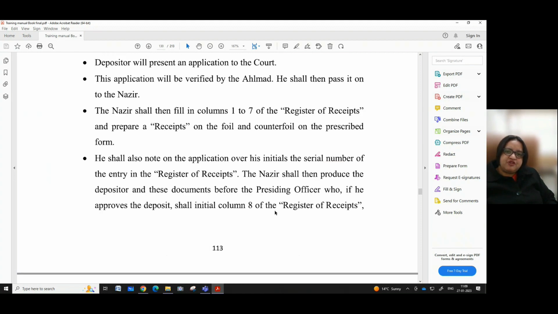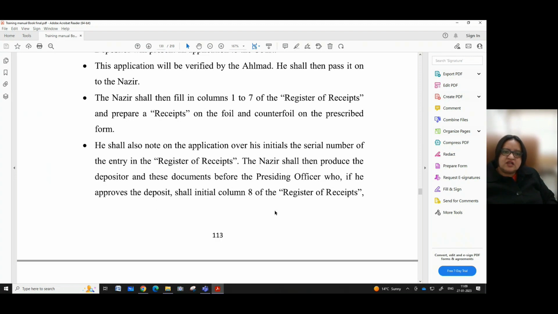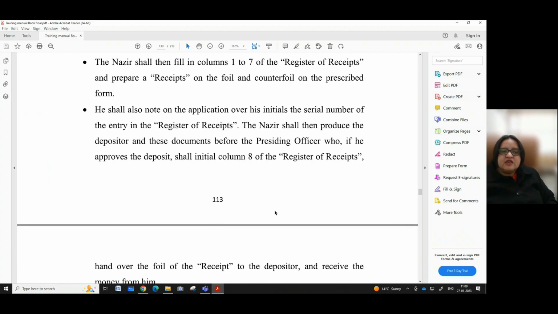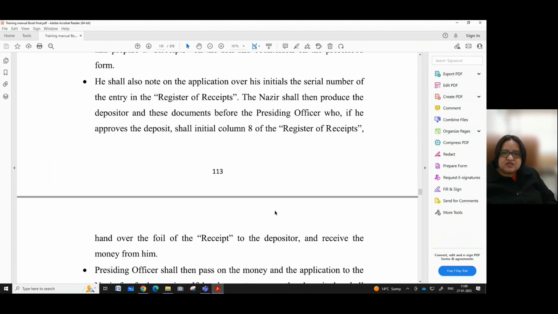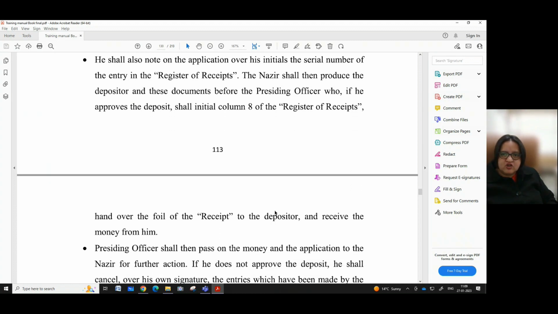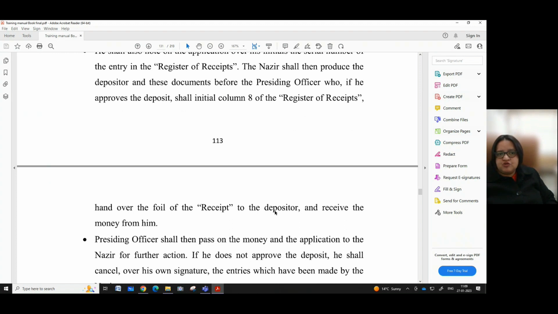This application will be verified by the Ahlmad. He shall then pass it on to the Nazir. The Nazir shall then fill in column number 1 to 7 of the register of receipts and prepare a receipt on the foil and counterfoil on the prescribed form. He shall also note on the application over his initials the serial number of the entry in the register of receipts. The Nazir shall then produce the depositor and these documents before the presiding officer,